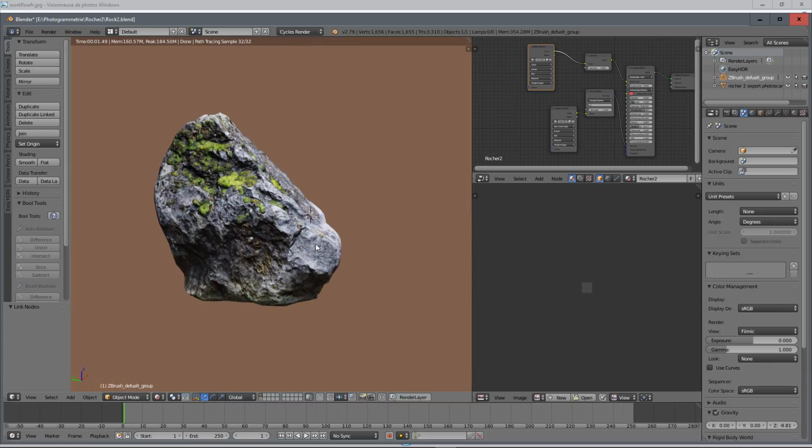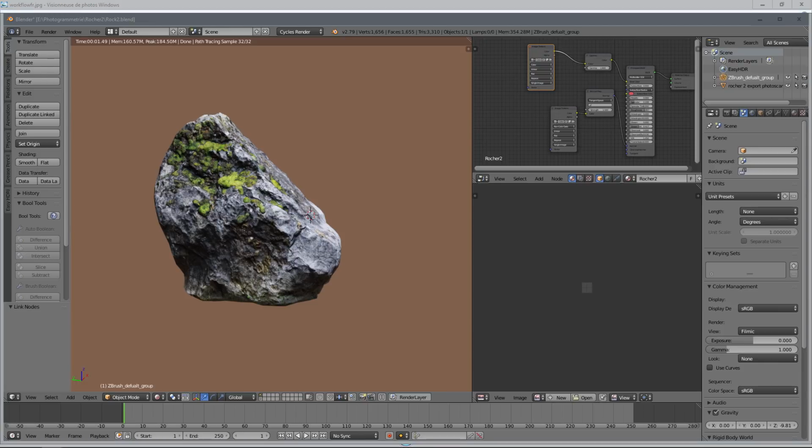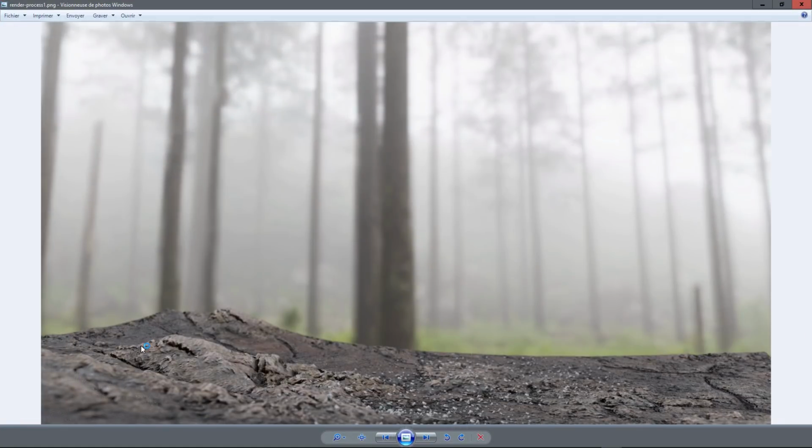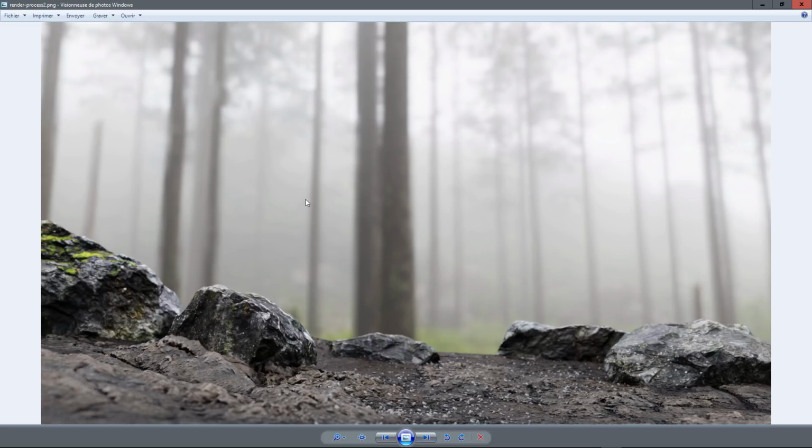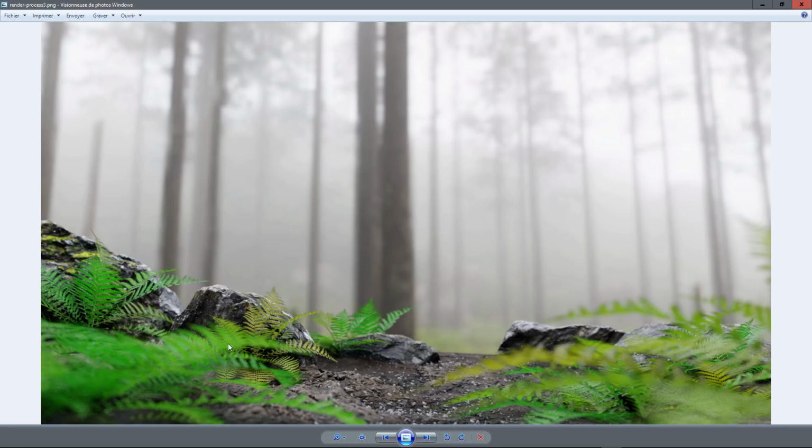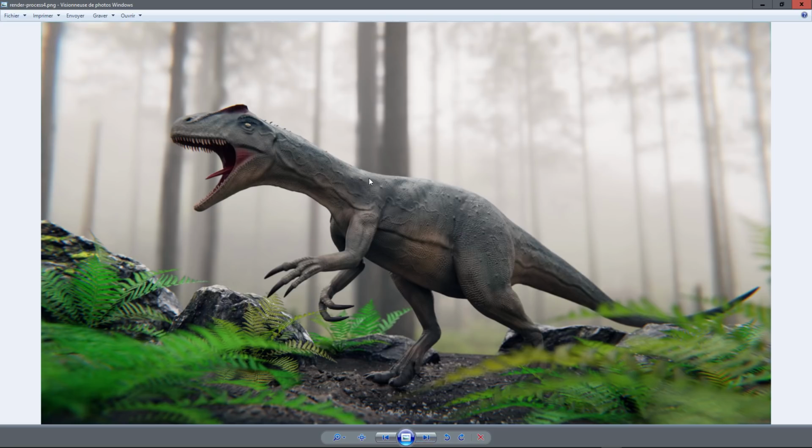So now what we will do, I will show you this. Here is how I used the assets recently. I added this asset here. As you can see, it's a rock that we will do today. After I added the fern, then the dinosaur,